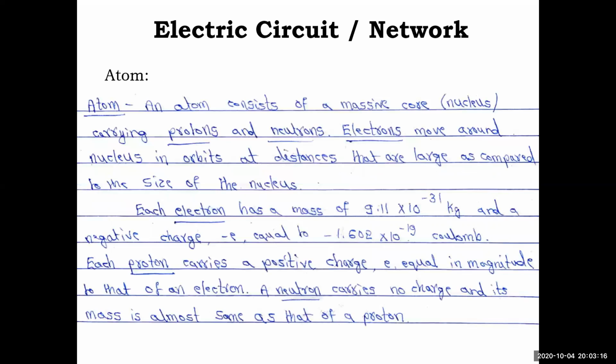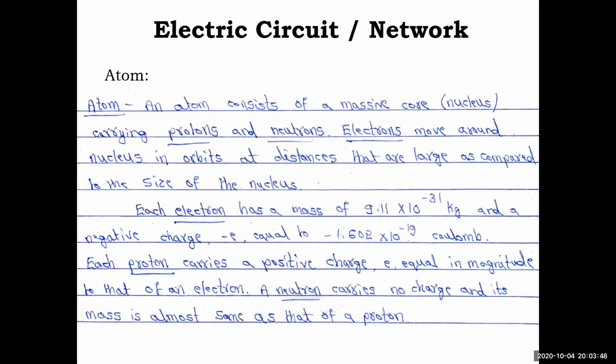Okay, so what is an atom now? In the definition of element we mentioned atom. So the atom will be defined in your Bohr's model, right? It will be studied in second PU or first PU chemistry or physics. So an atom consists of a massive core, the nucleus. It is having protons and neutrons.